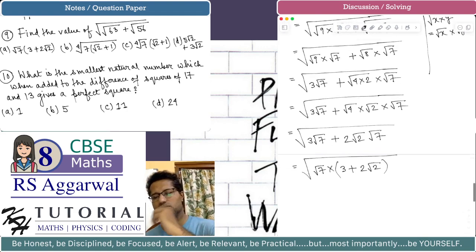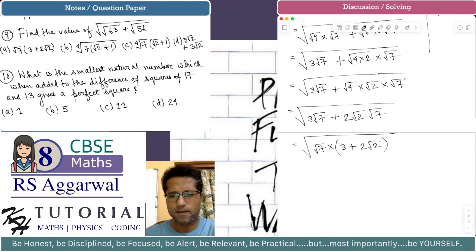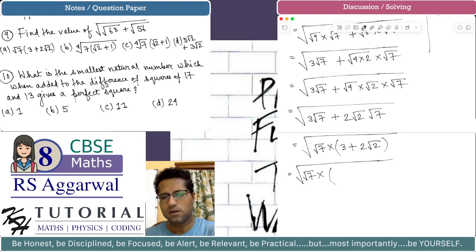Okay, so fine. Square root of 7 multiplied by, now this term 3 plus 2 into square root of 2. 3 can be written as 2 plus 1 plus 2 into square root of 2. So this is equal to